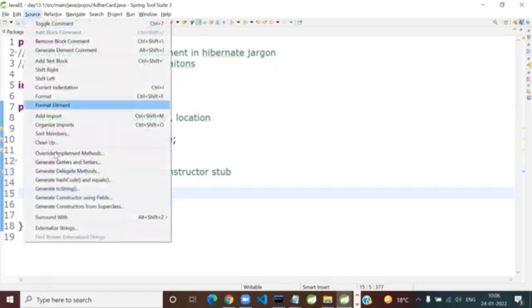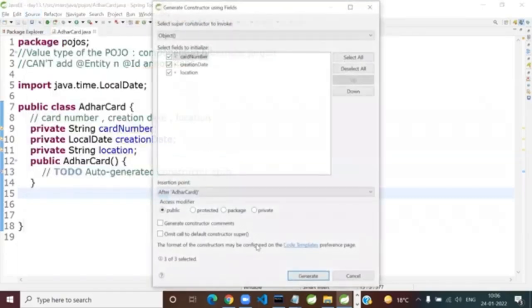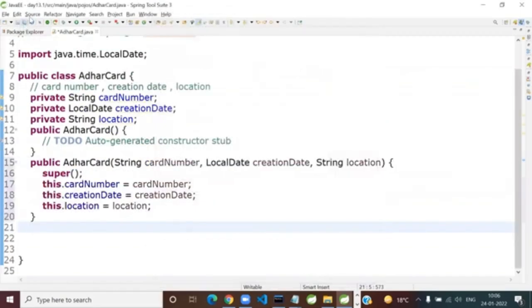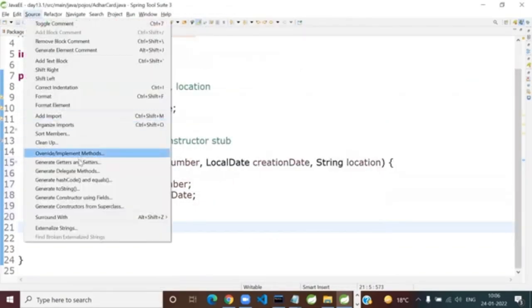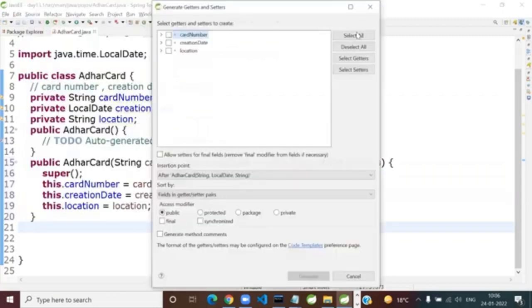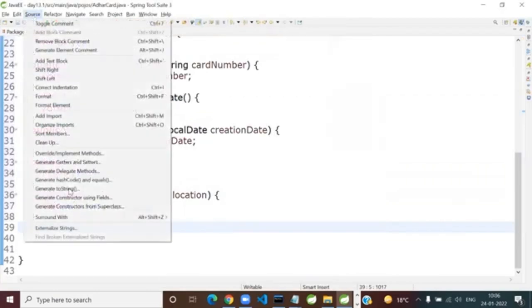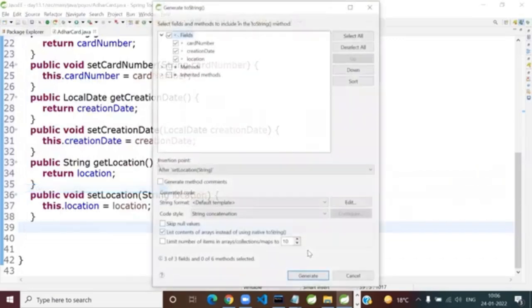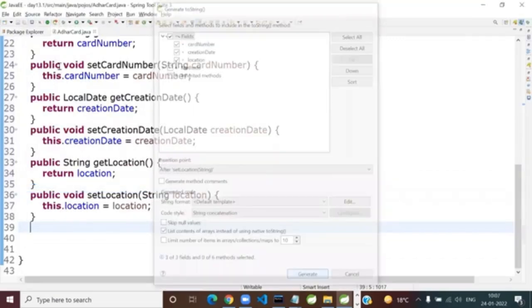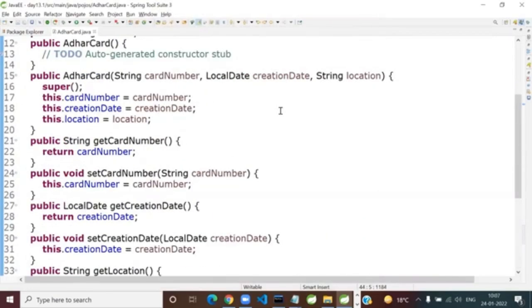Later you will see the annotations @NoArgsConstructor and @AllArgsConstructor. Generate all getters and setters as usual. Select all. And for debugging, add toString. So this is your basic Pojo.